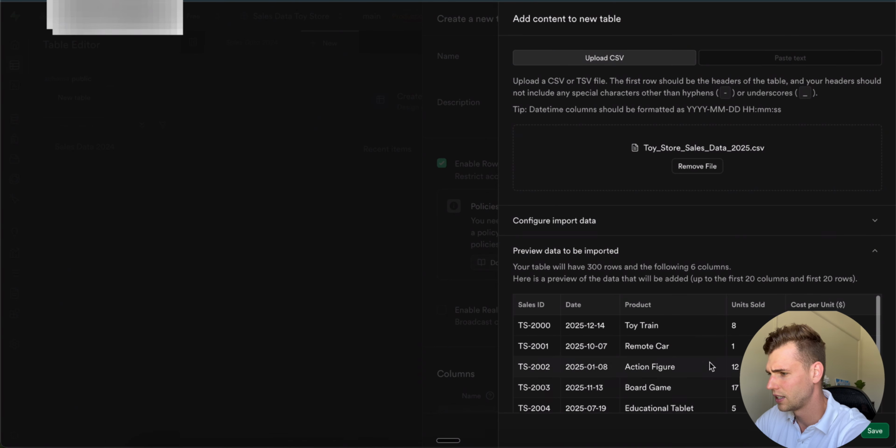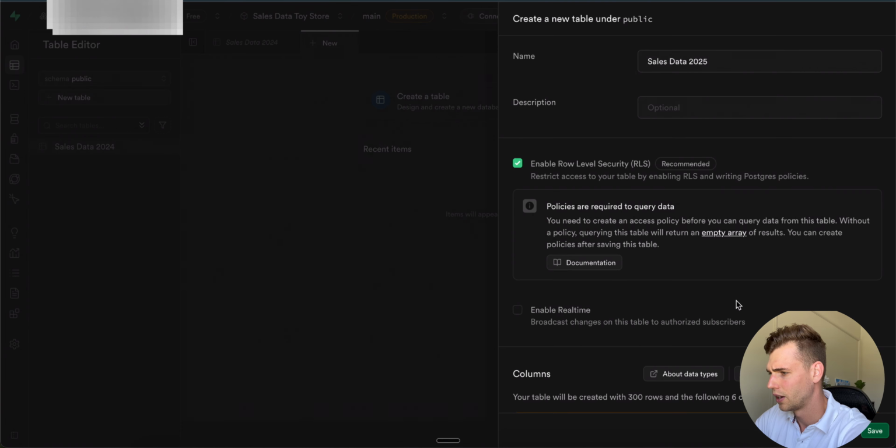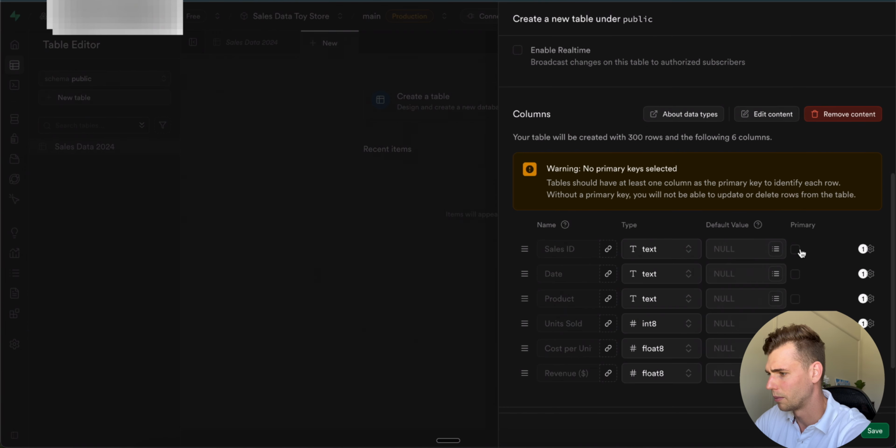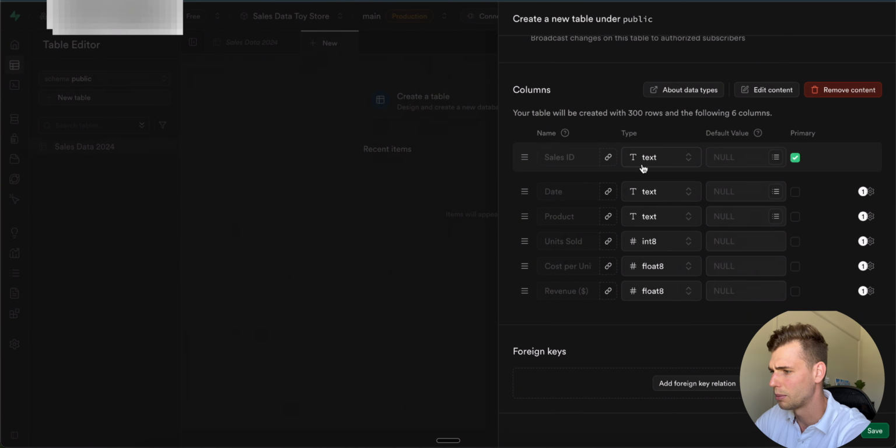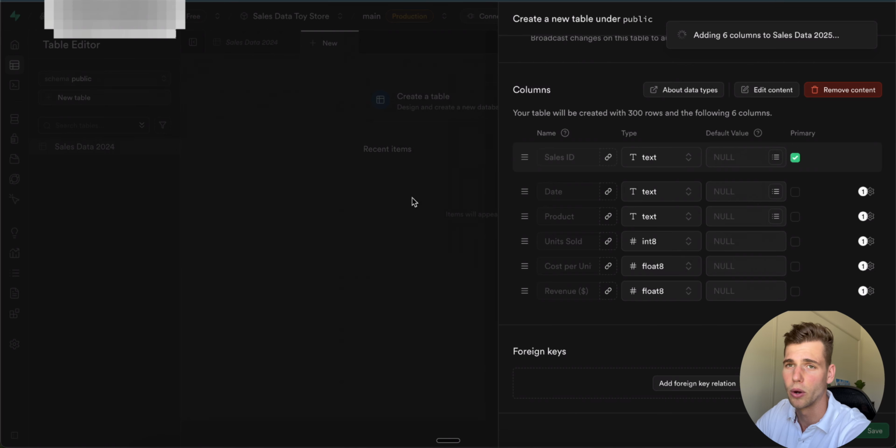Here's another sales ID from 2025. We import that, then we have the same key again. Also with the type, make sure when it's text that you have text. But if you have something with decimals, then make sure you use float. If there's no decimals in a number, then make sure you use int. All right, so let's import this one. And once we have that, then we already set up our entire database and we can start building the workflow